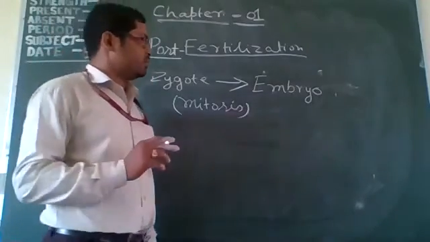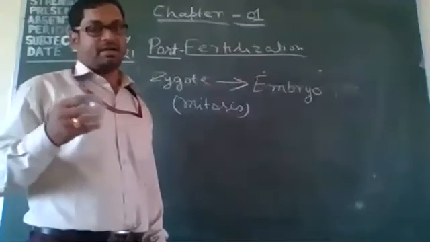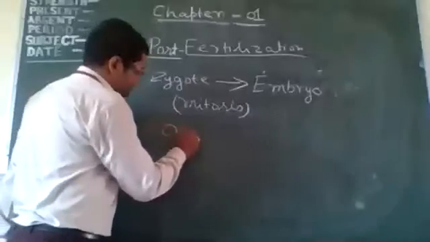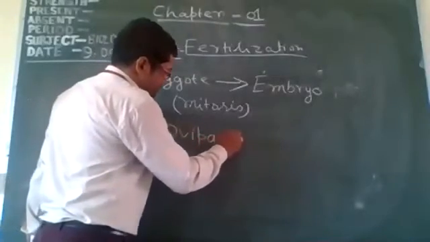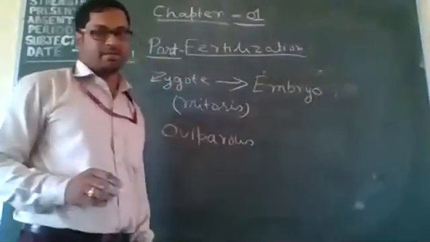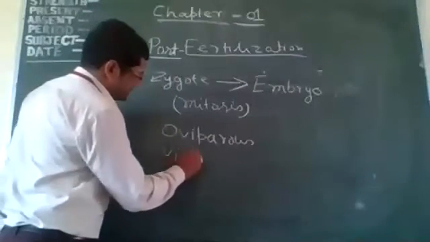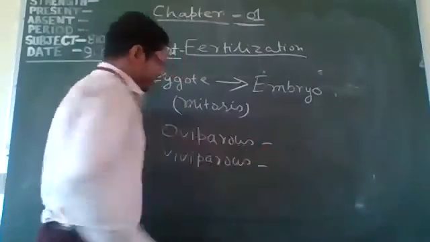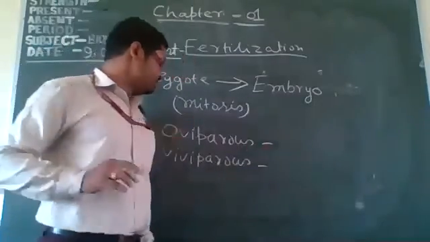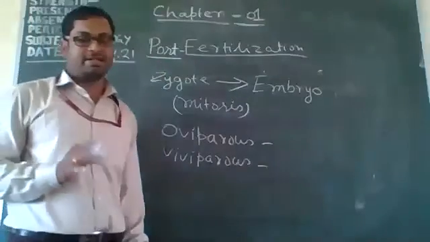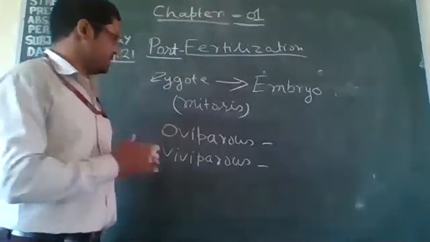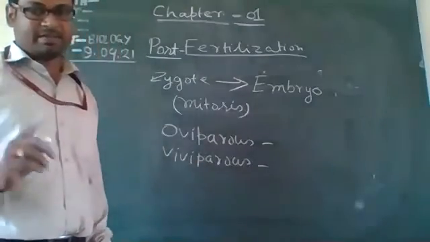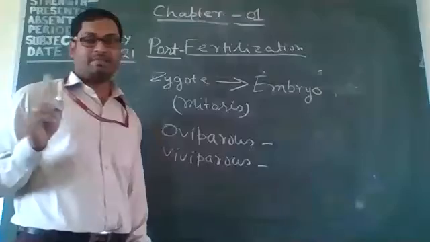Okay, when a new offspring germinates or develops from the egg, this is known as oviparous. And another is viviparous. Viviparous means when a new offspring directly grows inside the ovary. All mammals are viviparous. In some plants, such as